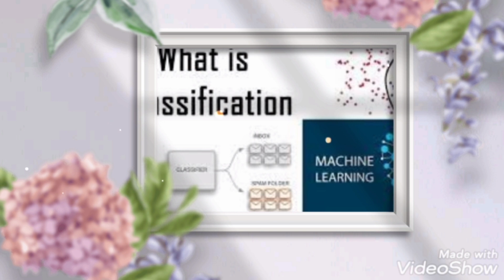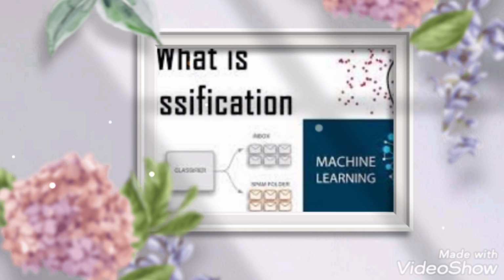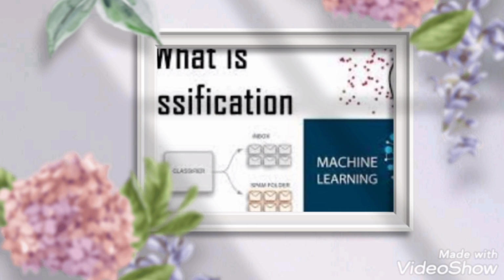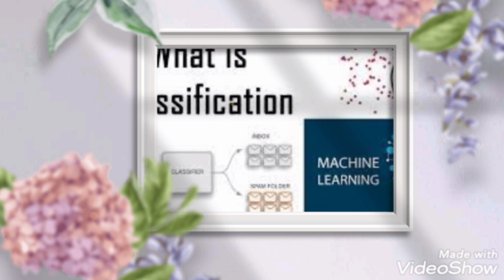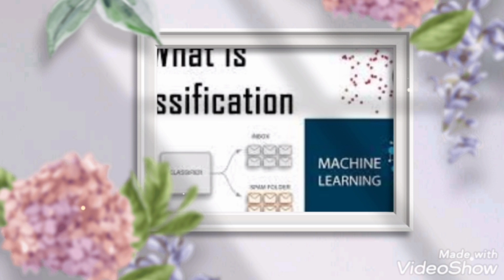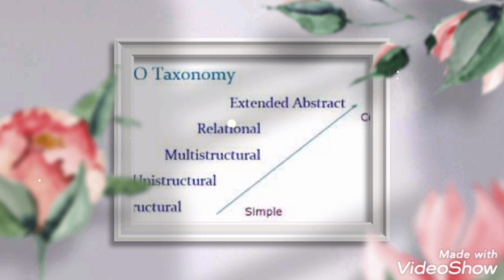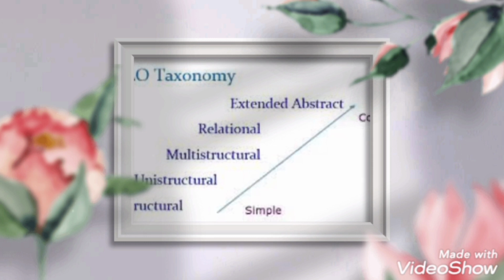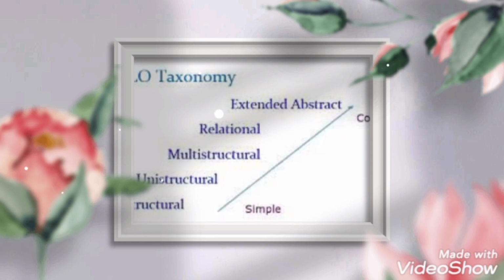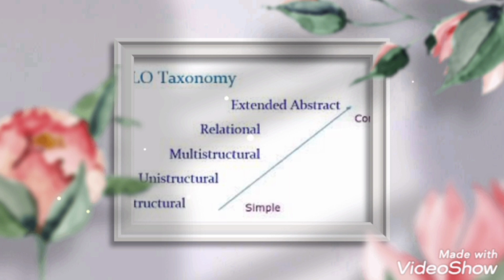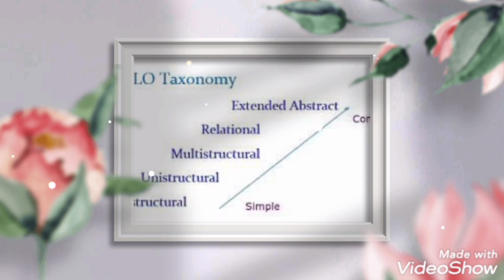A distinctive response of students would be following strict algorithmic procedures that involve a number of steps. However, if a single step in the algorithm was forgotten or an error made, the students would be unable to reconstruct the algorithm. Common verbs for the multi-structural level are enumerate, express, combine, describe,